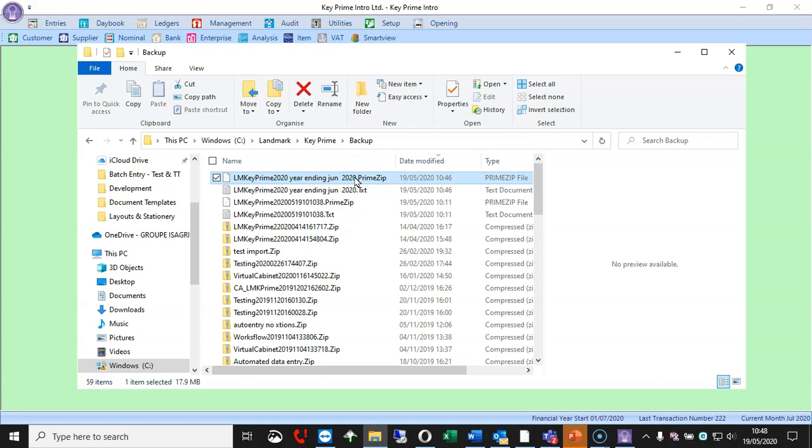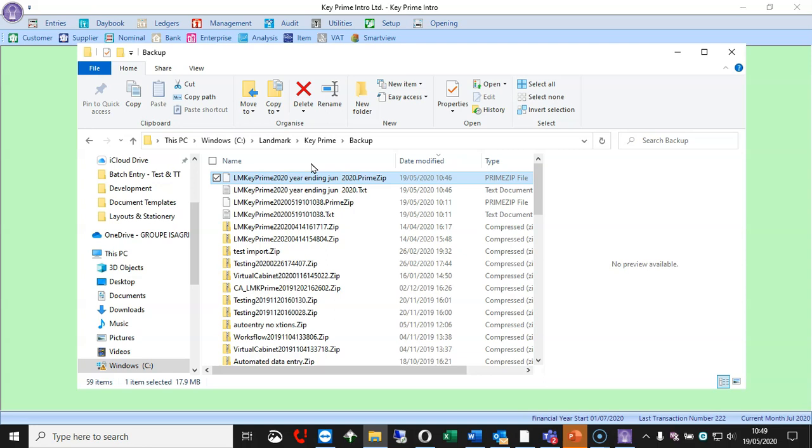If your accountant doesn't have it, and you've saved your report somewhere in your My Documents or somewhere similar to that, then go off, find those PDF documents and email them to your accountant. Now this file may be too big to send, and certainly by email is not always the best way of sending that to your accountant.